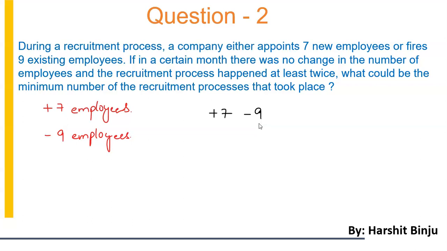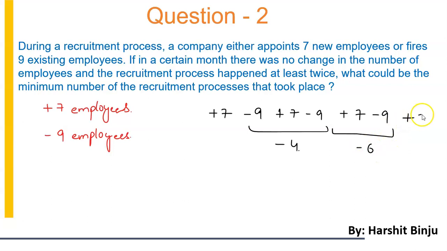So how can I solve this question? I can't do this mechanically. Okay, let me have +7 again, then -9, so this will be -4. Then +7 again, then -9, so this is going to be -6. Then +7 and -9 again, so this will become -8. Then I can do 2 plus 7s. I can't do it like this. It's going to take so long for me.